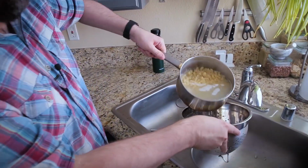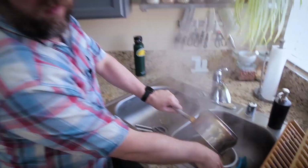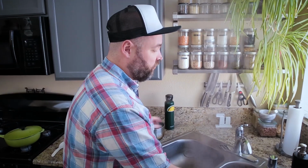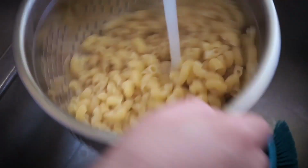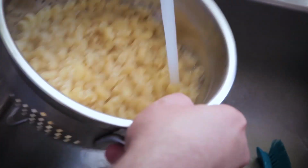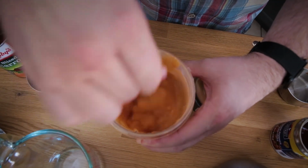It's still a little bit thick, but the pasta was finished, so I'm just gonna drain this. And because this is gonna be hanging out for a while, I'm just gonna rinse it off with some cold water and let it hang out until we're ready to sauce it up. The texture is coming along. I added just a little bit more water, and now I'm going to add the chipotles and a pinch of